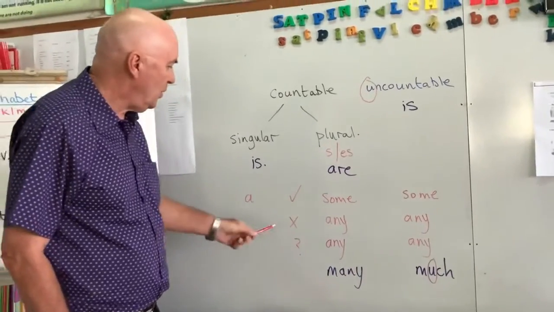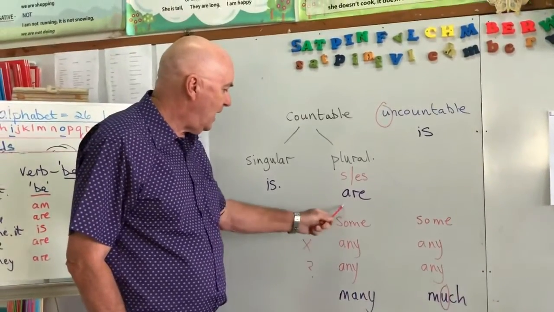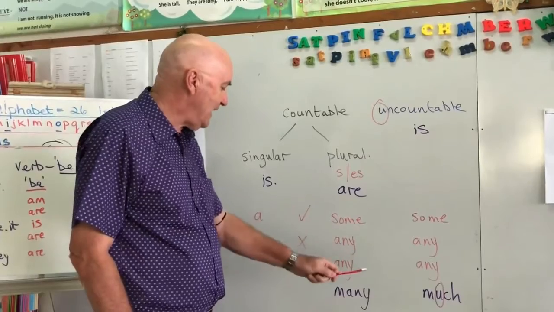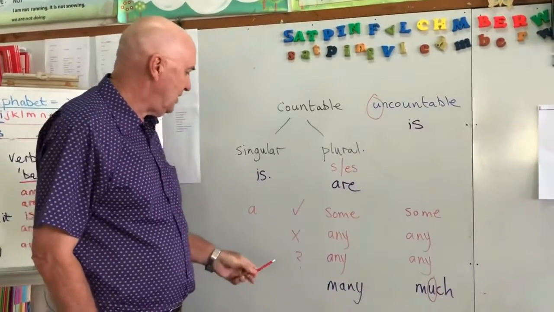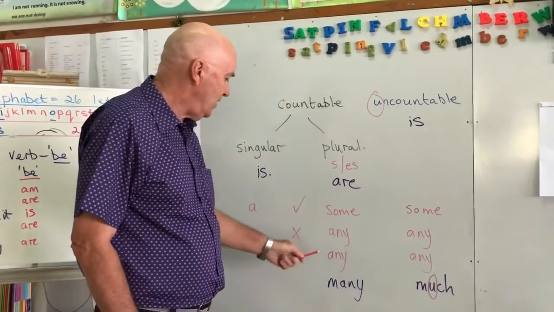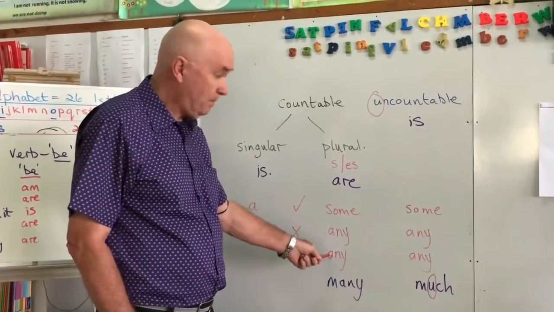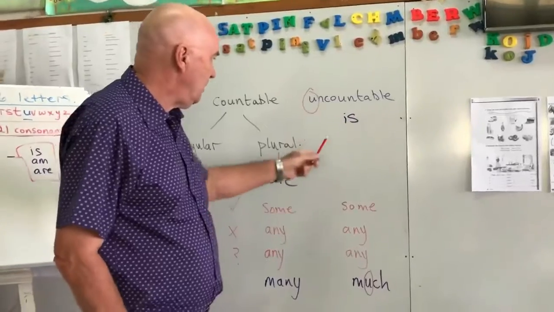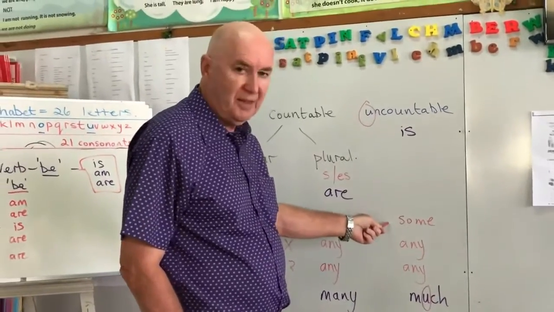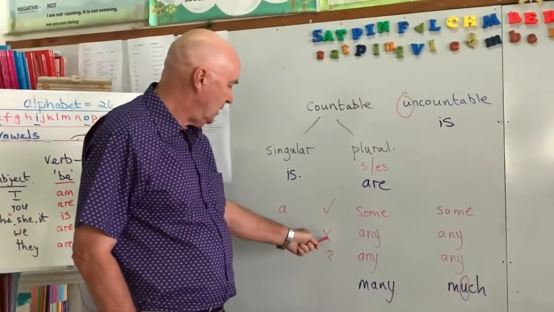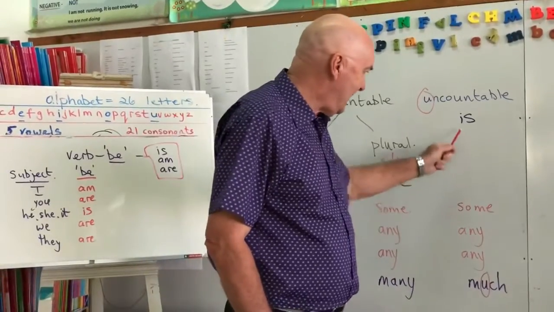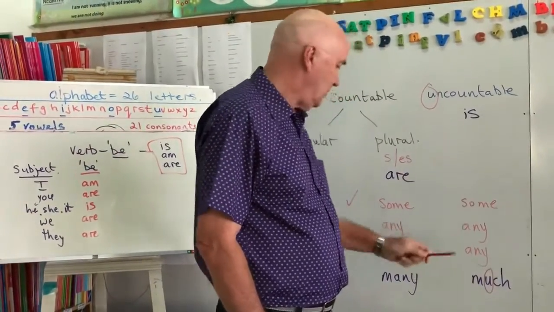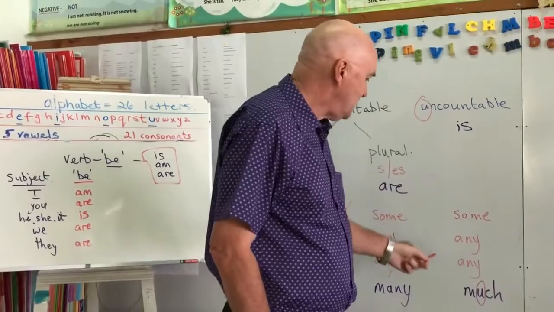To say no, we say there are not any. And to make a question, we would say, are there any? But if the food thing is uncountable, then we would say, yes, there is some, or no, there isn't any, or for a question, is there